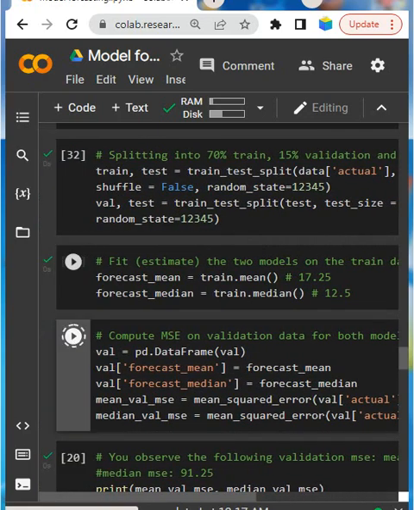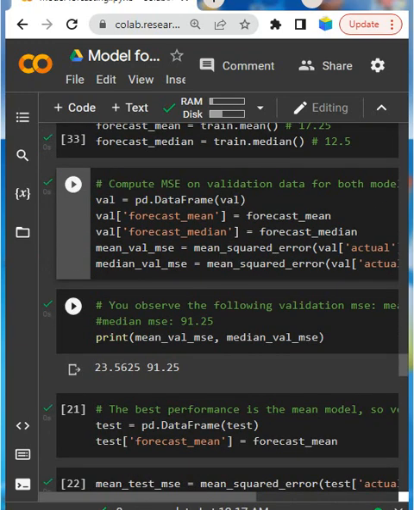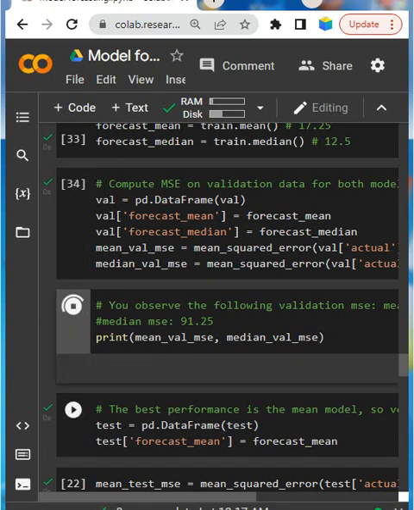So let's see. Now you observe the following validation results. The validation mean square error for the mean model is 23.56, and for the median model it is 91.25.